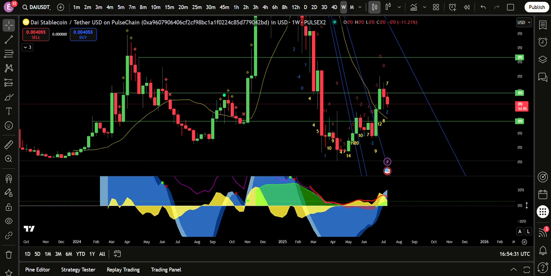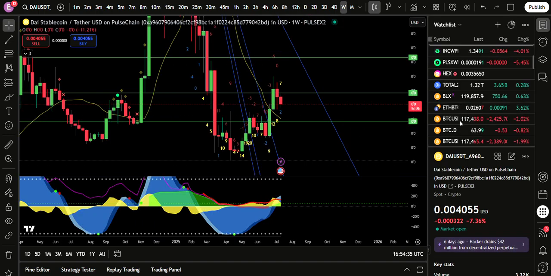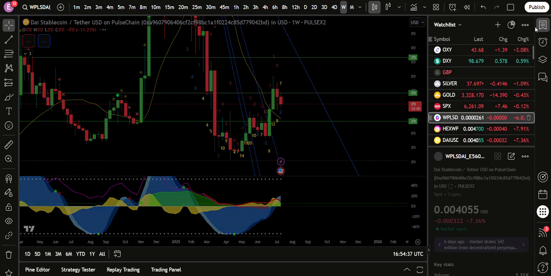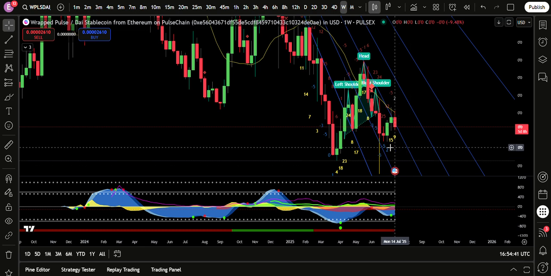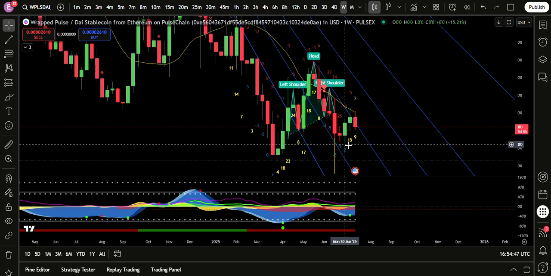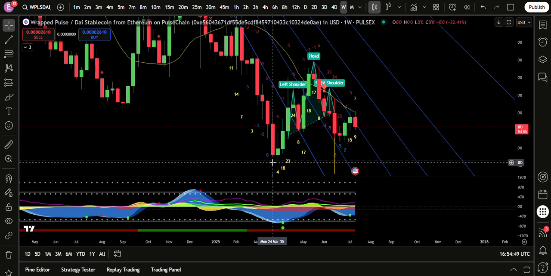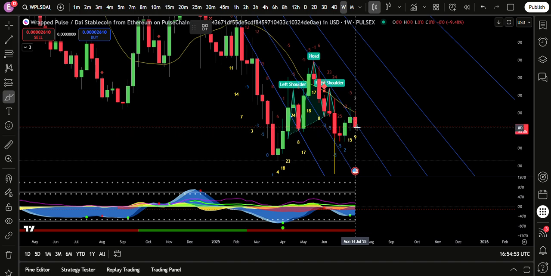Okay, what else to say? That's about it. You're really waiting on Pulsechain. Wait on Pulse. See if Pulse is going to hold this level down here as support. That's the main thing to be looking out for. That's what I'm looking out for. If it can't hold that area of support, it's creating a double bottom here, which I still think is a likely scenario. Come down